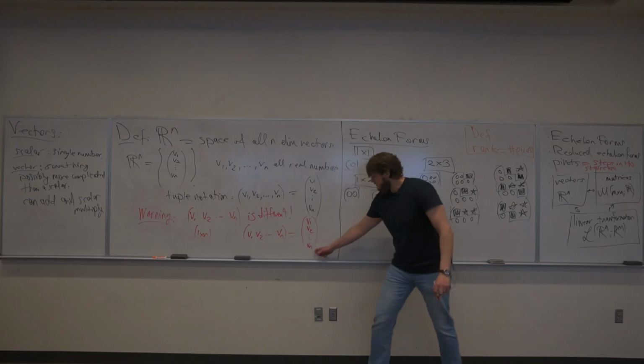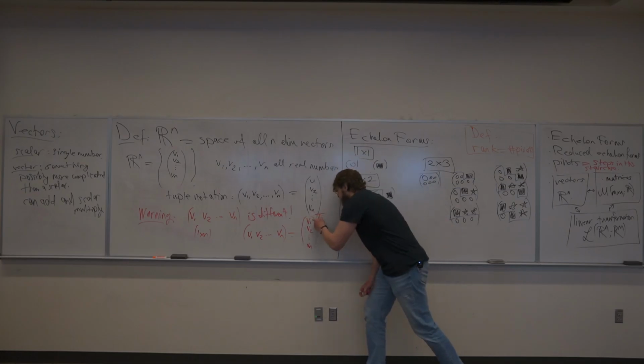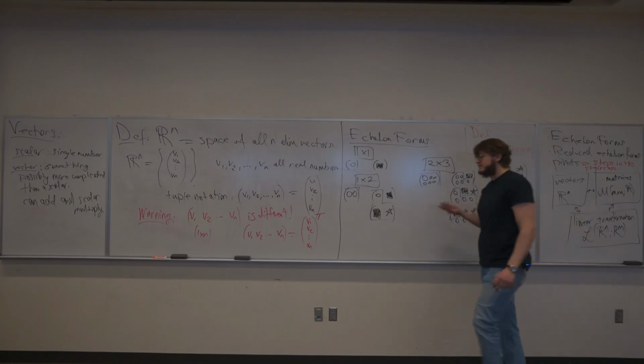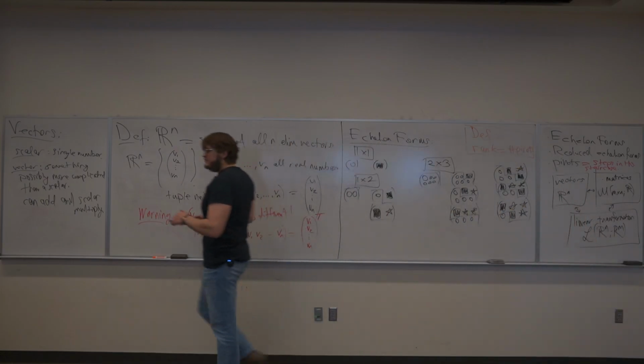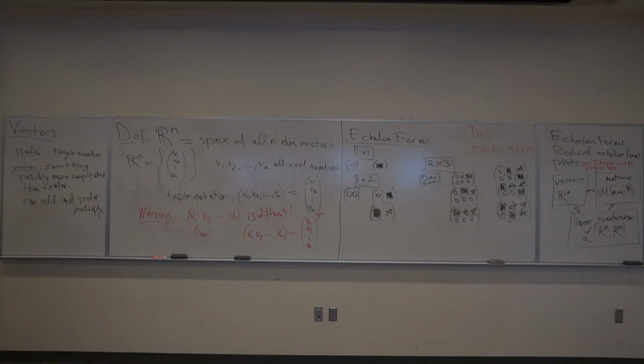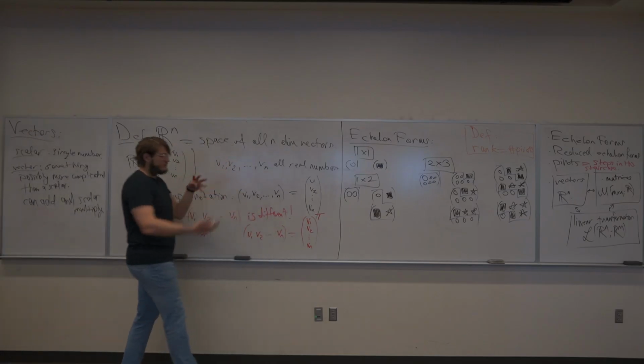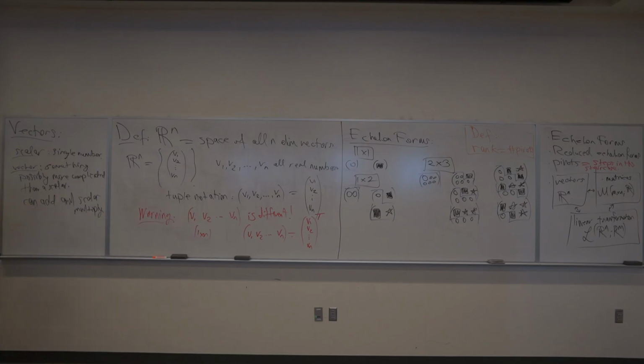So you write this thing, and then you put a T in the top right corner. Some people use lowercase t, whatever. Sometimes you might see a dagger symbol or a star symbol, but these are all pretty much the same idea. You take your matrix, you flip it, okay? Rows become columns, columns become rows. Okay,